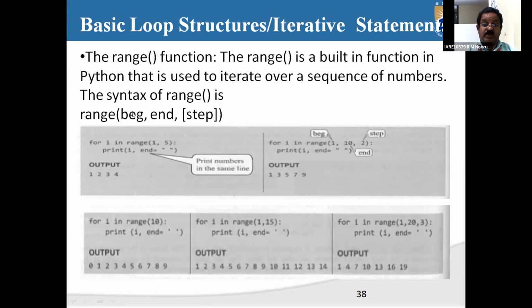That's how you make use of it when you mention the range. The range is going to be checked. It starts with the beginning and ends at the end, and with the help of the step it is incremented. Even in incrementation and decrementation, the condition is checked: is that particular value within the specified range or not?